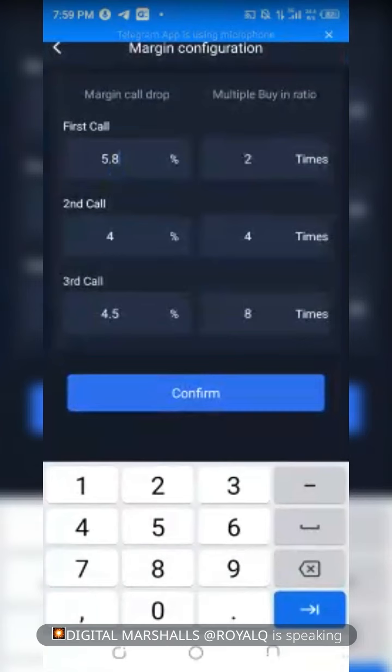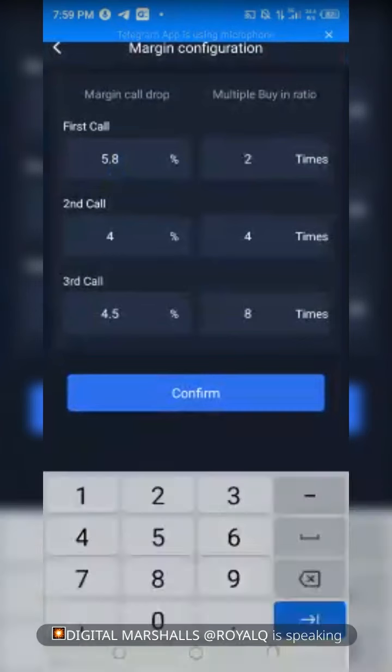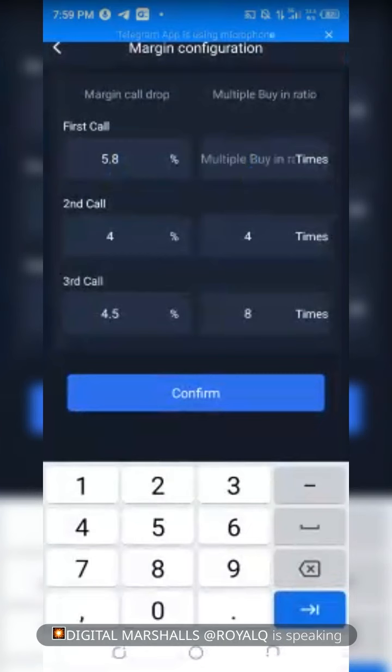So my first call, I make it 5.8% because I've seen markets that when you want to do one shot, sometimes it doesn't go one shot. It pulls down by 5% or sometimes even 15% before it actually would sell. So I put one. One means the $15 times one, which is $15 plus the first buy in amount. Then my second, I make it 8.8